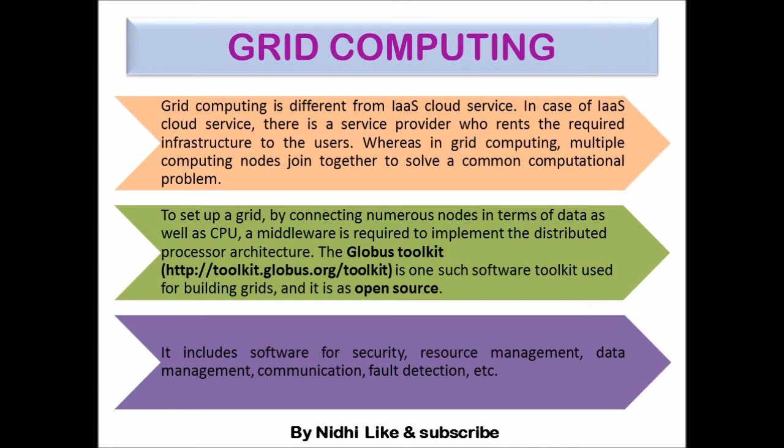Okay, and apart from Globus toolkit, there are other examples of grid computing. As we can see, in processor computing there is JPPF, GridGain. Okay, these are examples of processor grid. And if we talk about data grid, then JBoss Cache, that is also open source, and EhCache, that is also open source. So all the grid tools are open source and they can be used by universities and research organizations.